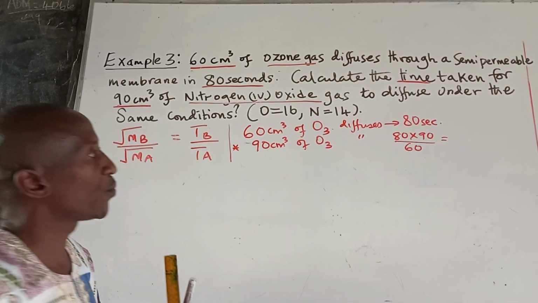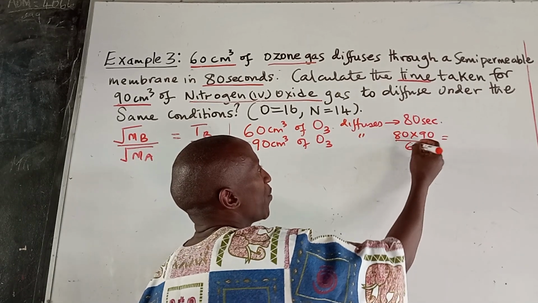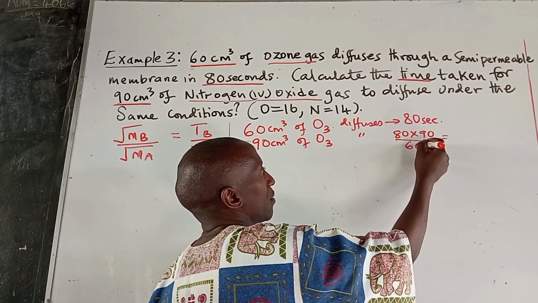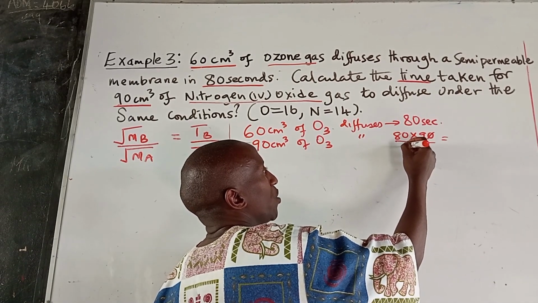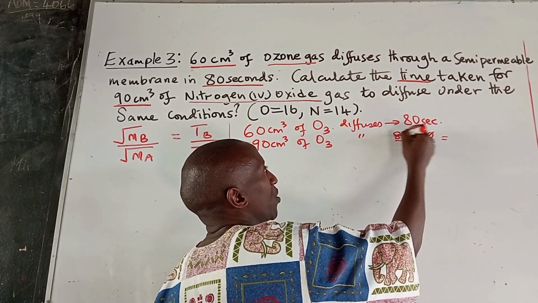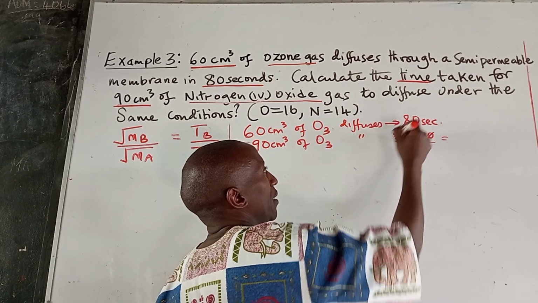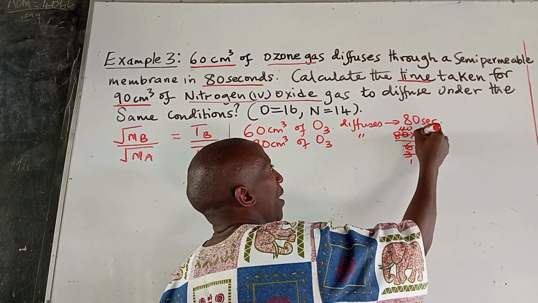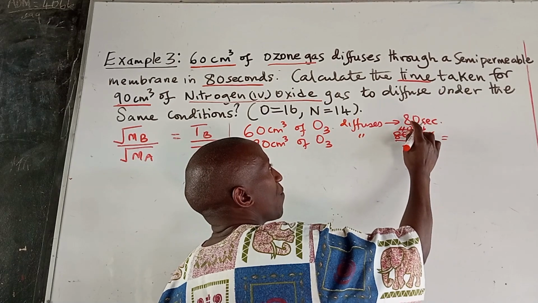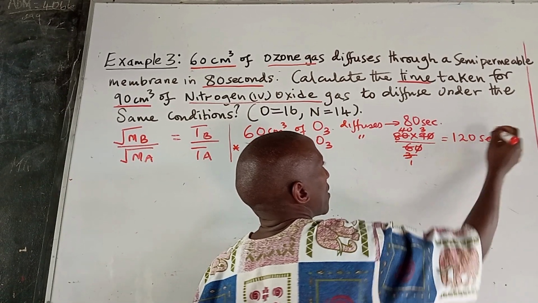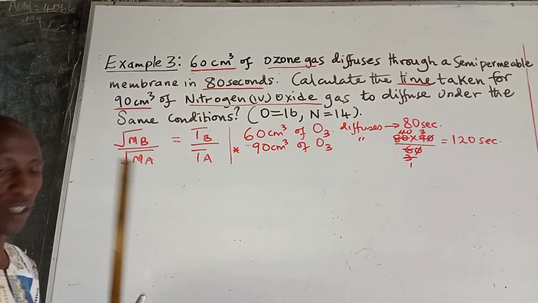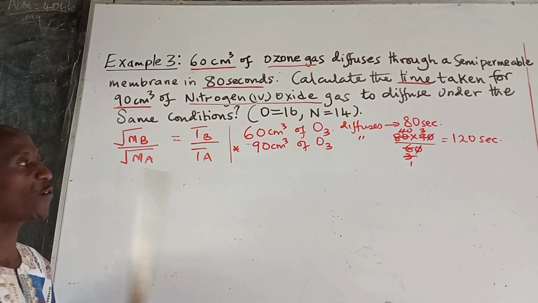And that comes to be, maybe we can do the division by 10 by 10. By 2, we get a 3. By 2, we get 40. By 3, 1. By 3, we get a 3. 40 times 3 is 120 seconds. At that point, viewers, we shall be able to comfortably